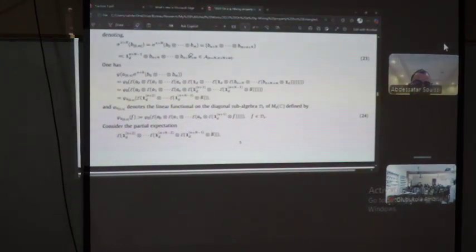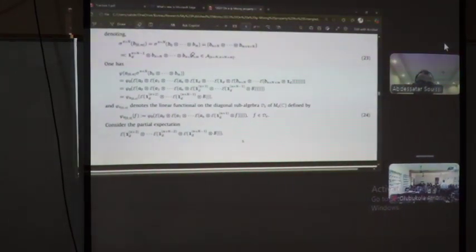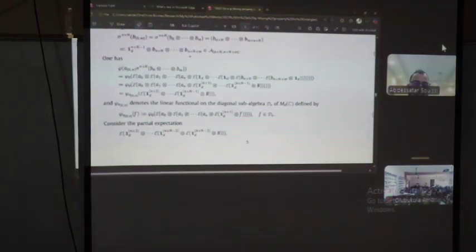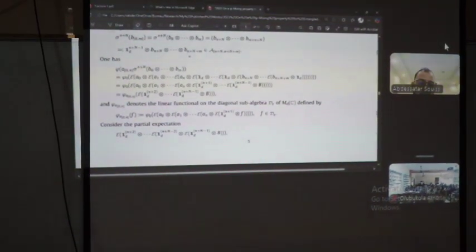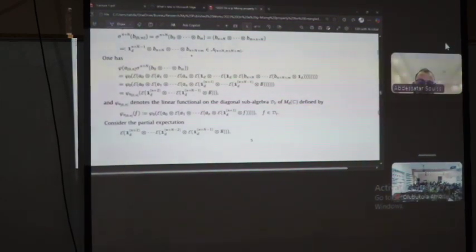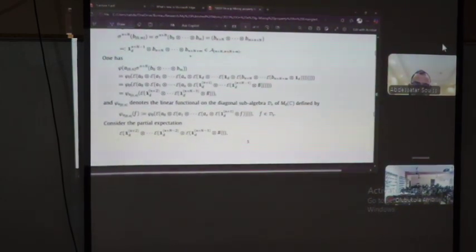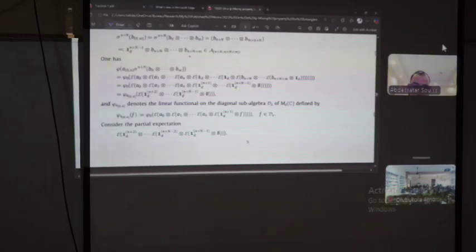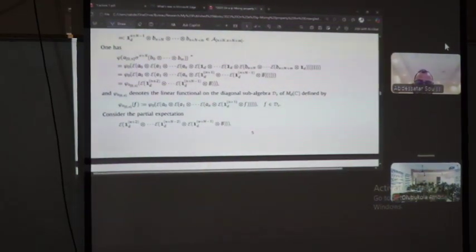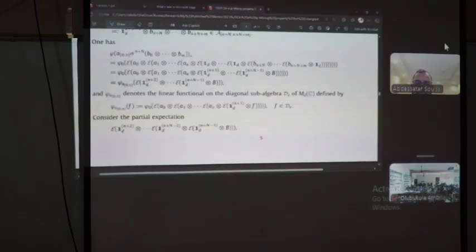So phi of A times the shift of B. Typically we can take A to be any element and B also any element, but here it's enough to take the tensor product of B0 to B_m. Then by computing the correlation of the quantum Markov chain, we get